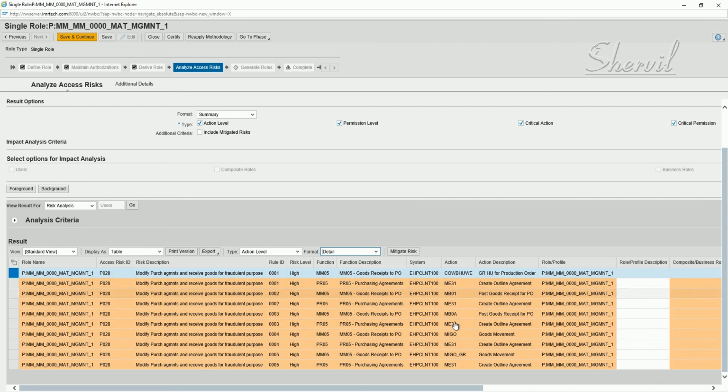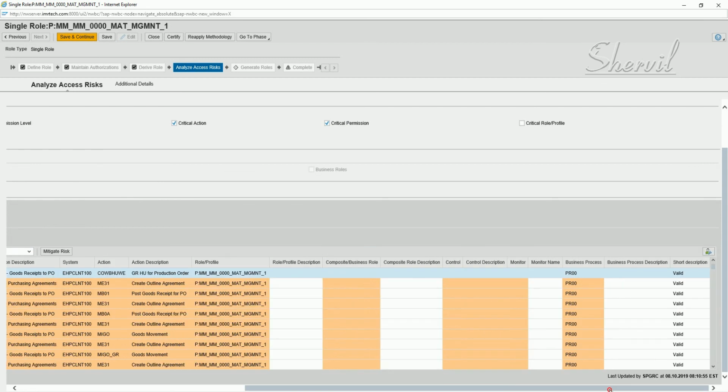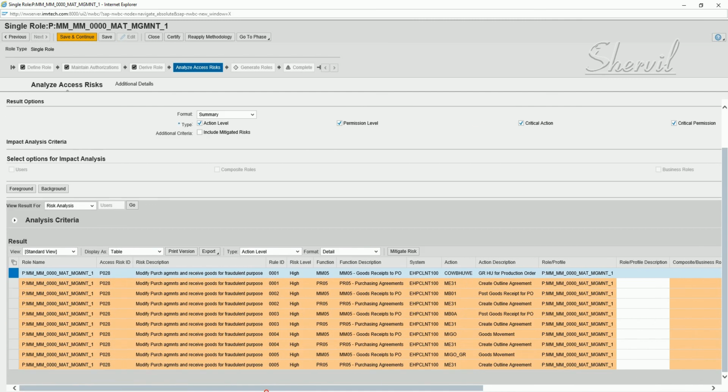These are the transaction codes within the functions, and the combination of these transaction codes from these two functions are causing the SOD conflict. Okay. All right. Now click on save and continue.